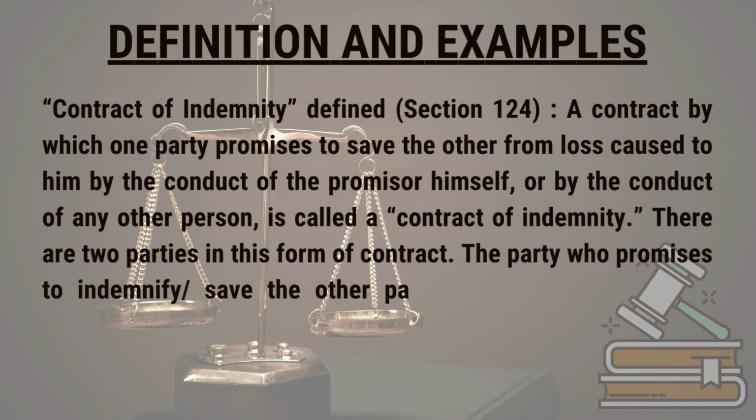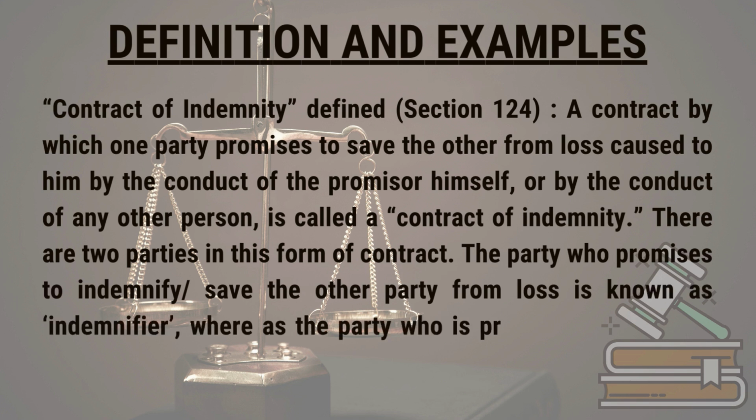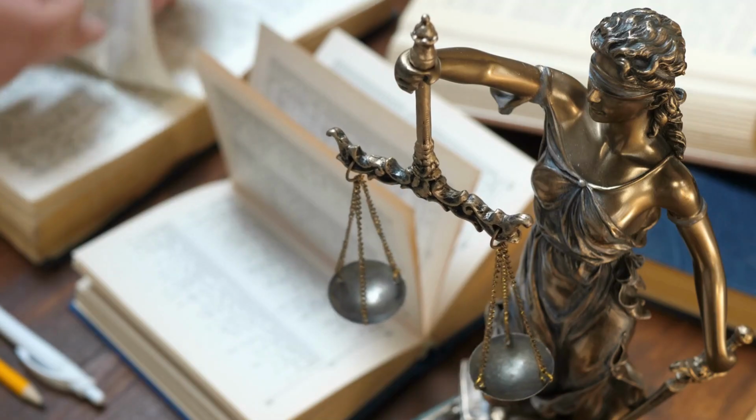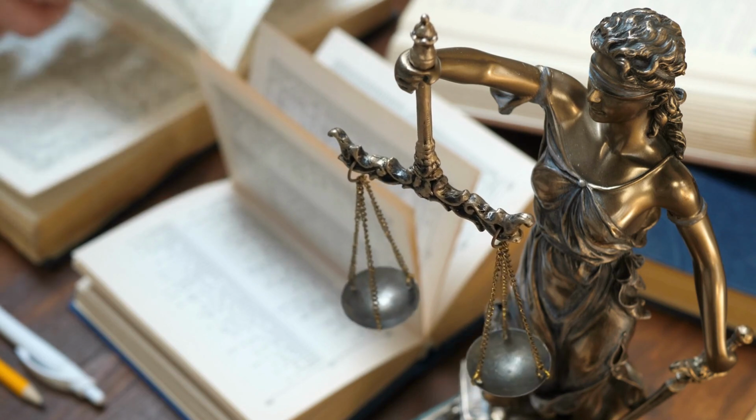That means when any person offers the assurance that I would be protecting you from the loss, whatever would happen at any point of time during the contract, then that person is called the indemnifier. So basically this is a special contract where one party is protecting you from loss. If at any point of time you feel that you may be suffering a loss from a party, then you can make it a contract of indemnity nature.